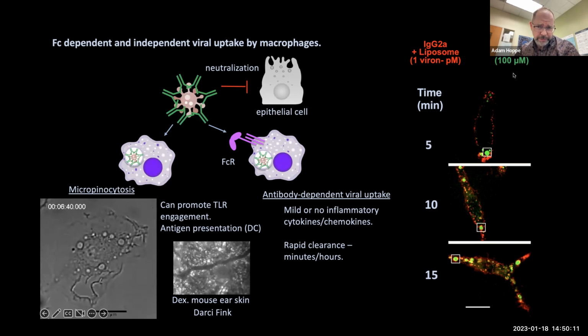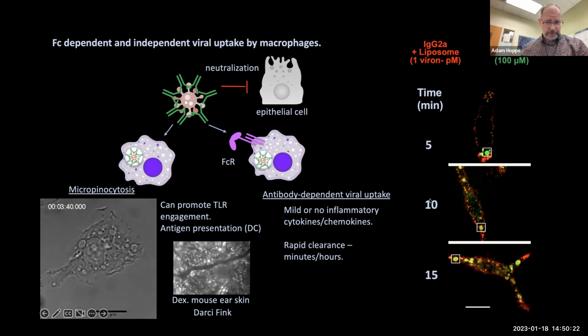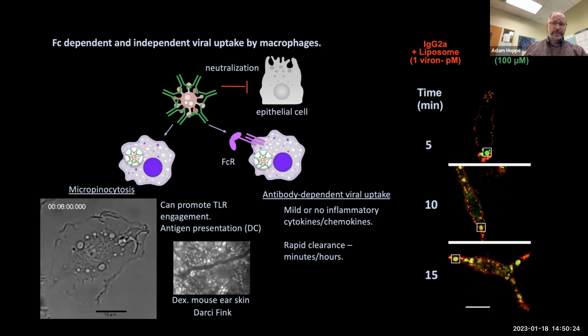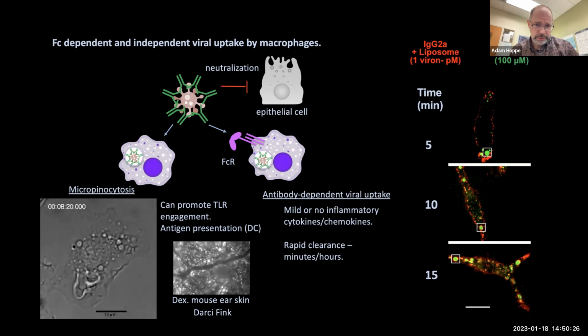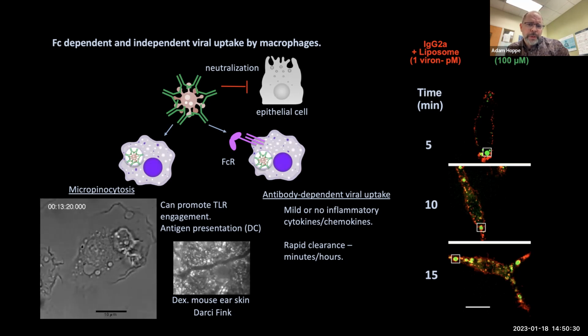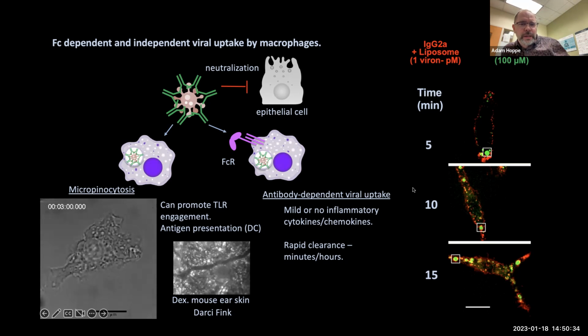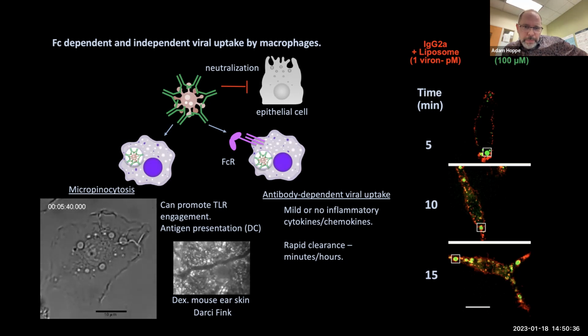Importantly, the dextran is at a very high concentration, as opposed to the uptake of these virions through an antibody-dependent, receptor-dependent uptake, in which macrophages can capture even single virions very efficiently. Okay. And there are two points I'm claiming here. Antibody-dependent viral uptake is mild, with a low or no inflammatory reaction, and I'll talk a little bit